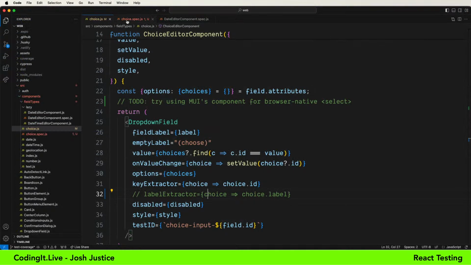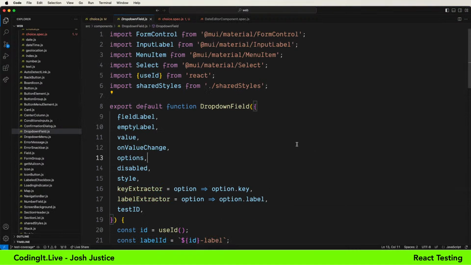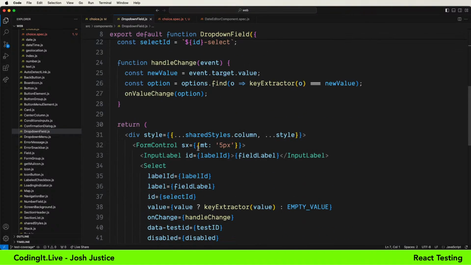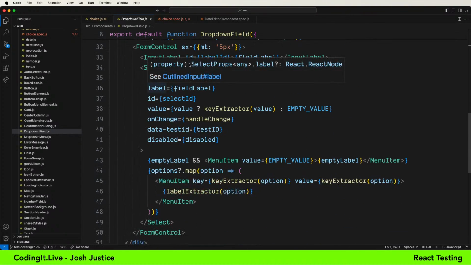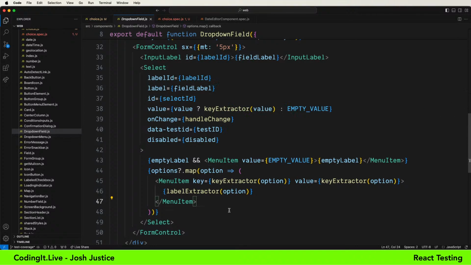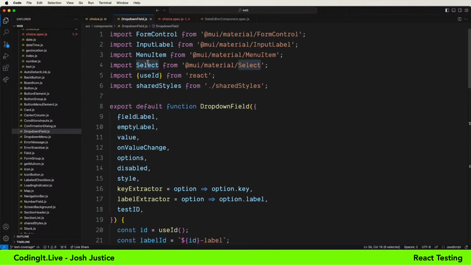What in the world is the name of this again? Dropdown field. Is that mine? No, that's mine. It's a weird abstraction I made. I forgot about that. This is maybe not necessary in the future. So it is a, oh yeah, I wired up some other stuff here. I've forgotten what I've done, and so when I get down to testing these components, we'll test at this level as well. But it is a MUI select.